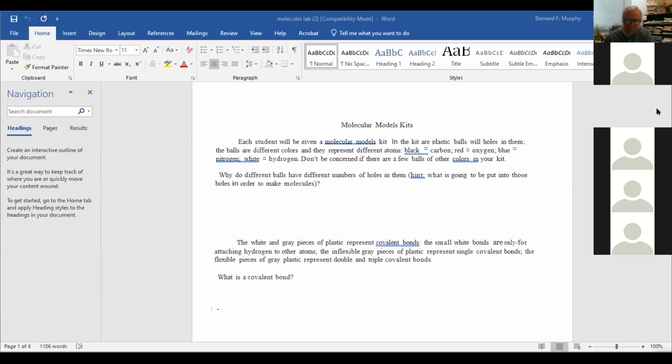Why do they make these bonds? And how many of the bonds does each atom make? Well,